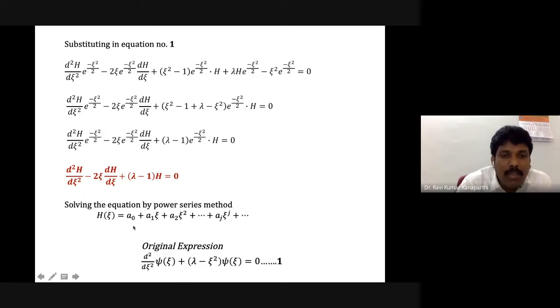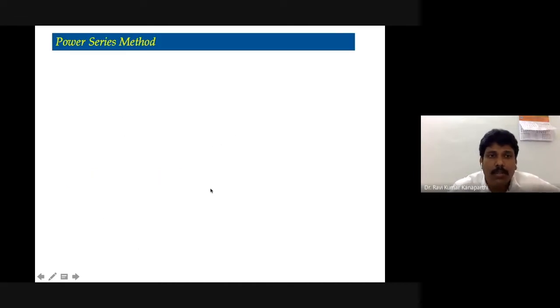So you can evaluate this. Since now h of z is expressed as an infinite power series, you can evaluate the first derivative and substitute here and multiply with this. Similarly, you can evaluate the second derivative and substitute here. Similarly, you can substitute h of z, which is nothing but a0 plus a1 z plus a2 z square plus and so on. You take this power series, multiply with lambda minus 1, and keep it equal to 0. If you are able to solve that, then you will be able to get h of z. So that is what we are going to do.